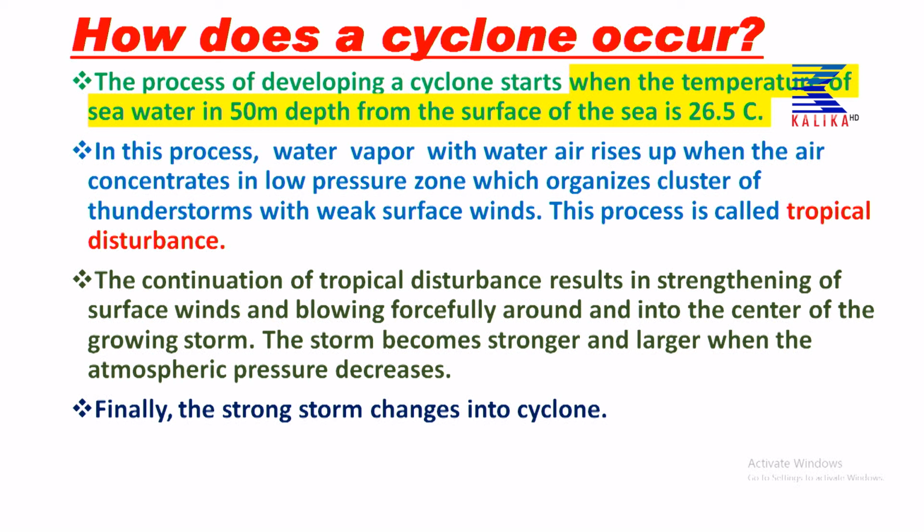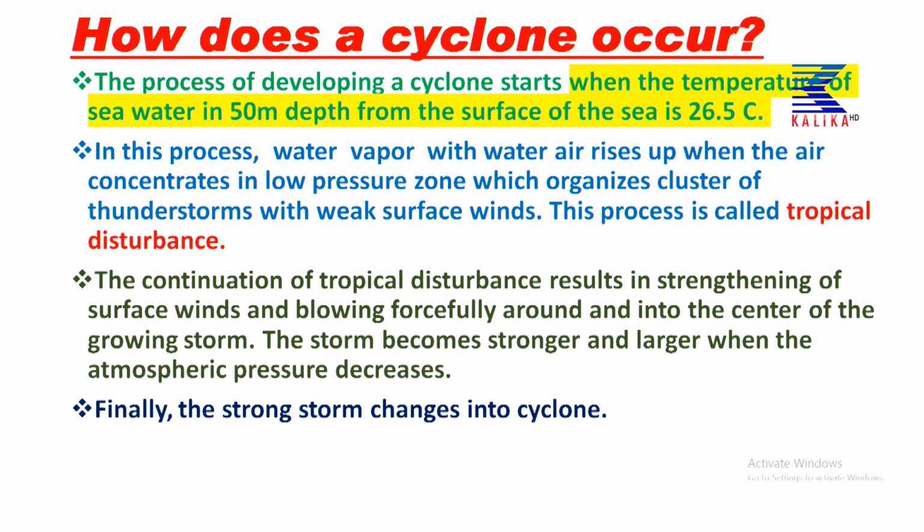So the temperature rises to 26.5 degrees Celsius, and the pressure is very low and there is formation of thunderstorm with the weak surface winds. The surface wind is very weak. This process is called tropical disturbance. This sort of disturbance occurs because of an increment of the surface temperature up to 26.5 degrees Celsius. That's called tropical disturbance. Tropical means where there is the line of tropics, especially the center of the earth where